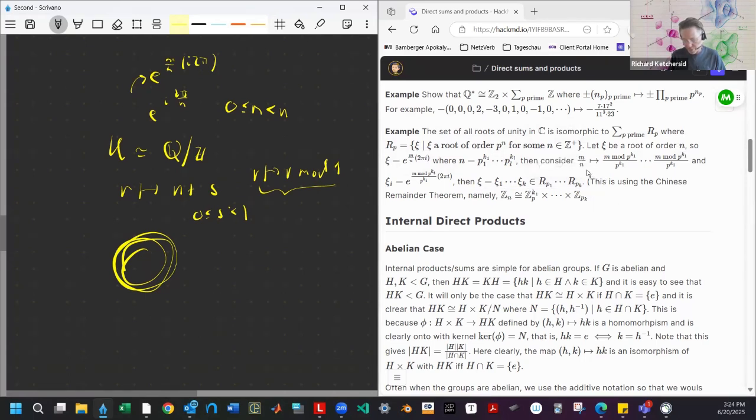So m over n, where m is something less than n, between 0 and n. So this could be 0, or it could be up to n minus 1. We're not quite reaching 1. And then we're going to take that m and